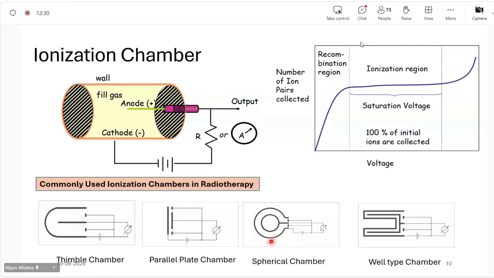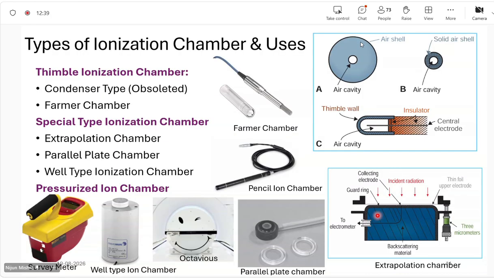Again, this one is an example of a well type ionization chamber. So these are the types of ionization chambers and their uses. This is basically taken from the Khan book. It explains the principle of the thimble chamber very well. So what happens in a thimble chamber? We know that for proper dosimetry, we need to have charged particle equilibrium. We must have charged particle